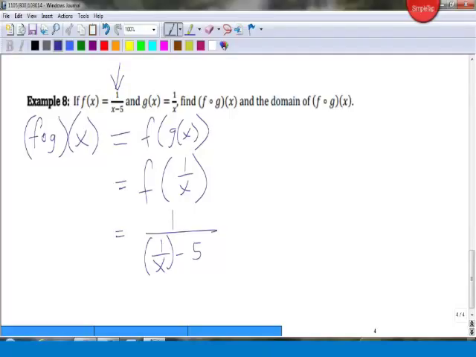And so we take that reciprocal of x from g, and then subtract 5, and then take the reciprocal of that. Now we want to simplify this as much as possible. It's a complex fraction as it is. We'd rather not leave our final answer as a complex fraction if we can avoid it. So my suggestion for simplifying this,